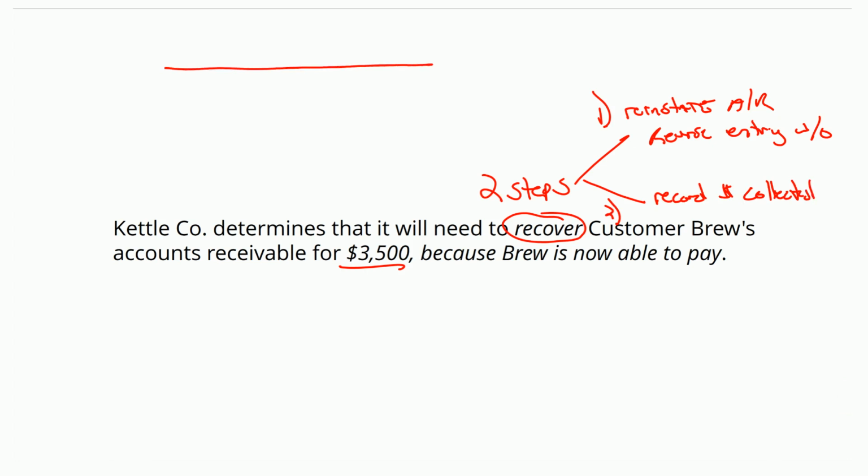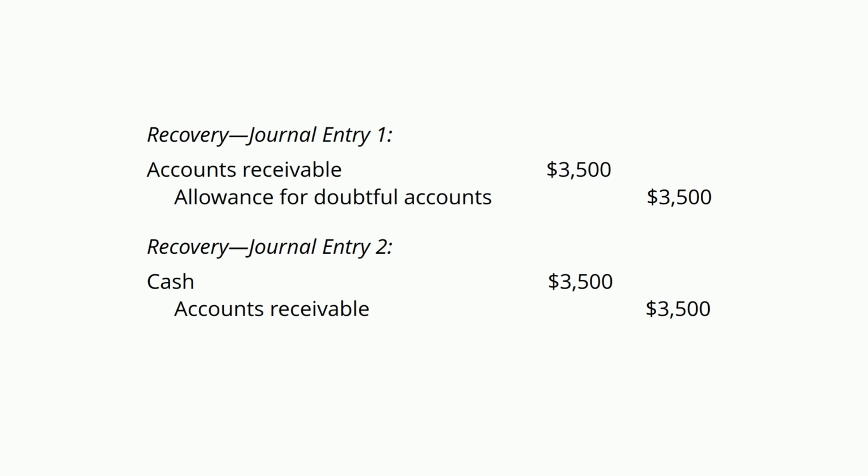All righty, remember, your allowance T account, write-offs are on the debit side. You got your beginning balance. If you ever recover an account receivable, you got to increase that allowance, put it back on the books. You wrote off the allowance, you now have to recover it. And we will recover it with a credit. So what's our journal entry here? Step number 1, we reverse that entry that we made to previously write it off. So we reinstate the account receivable and the allowance account.